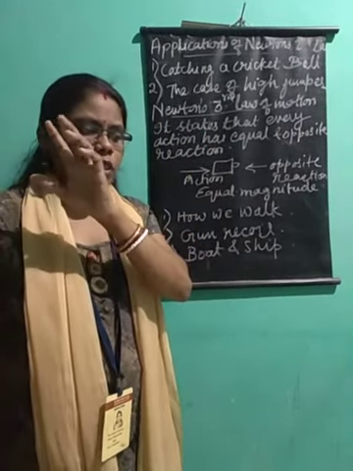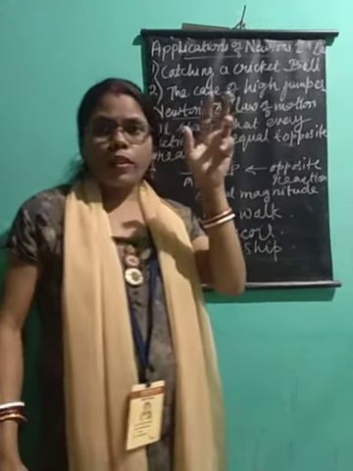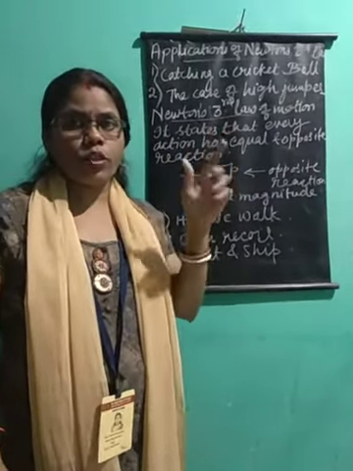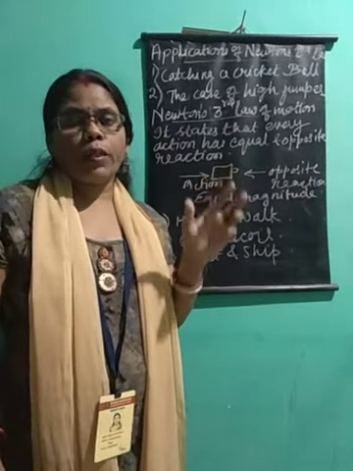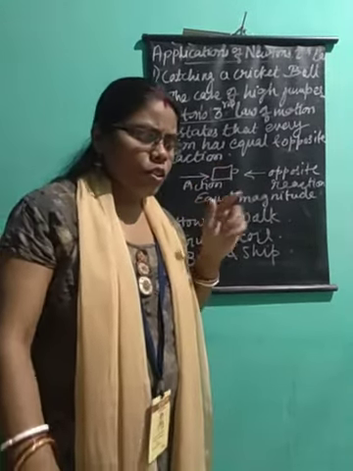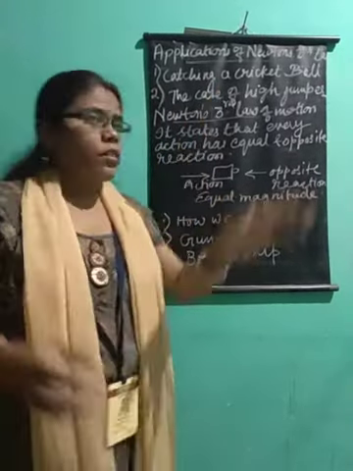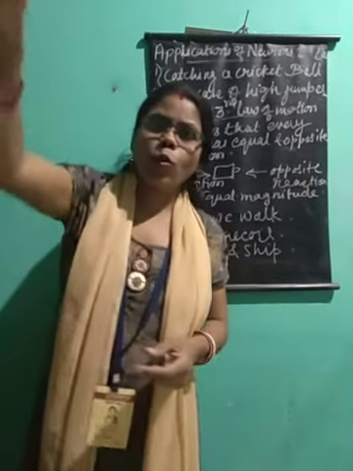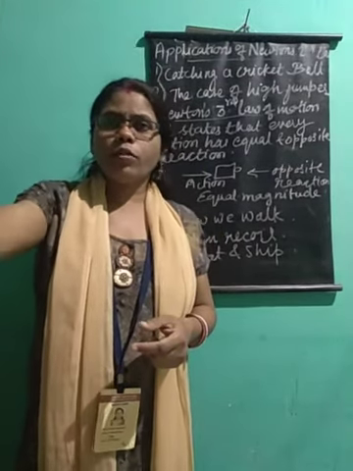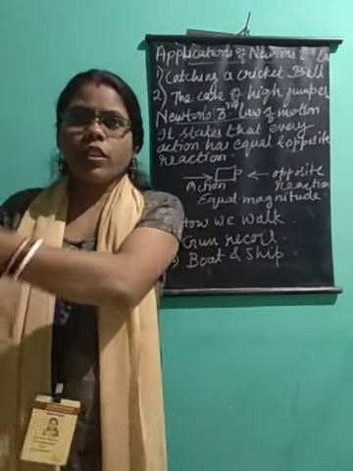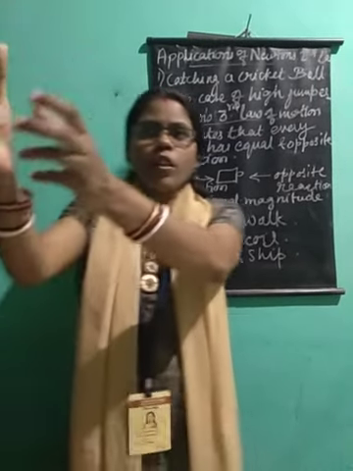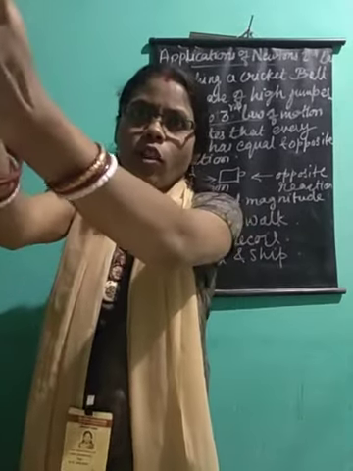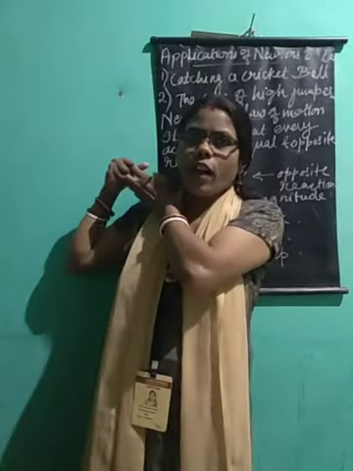You remember that? Okay. So the rate of change of momentum of a moving object depends on the applied force. Newton's second law of motion states that the rate of change of momentum of a moving object depends on the applied force. So just take for an example a cricket ball. When a cricket ball is thrown, how does the fielder catch it? When the ball is hit by the batsman, the ball is caught in this manner. Means when the ball is caught, it's not caught here. It's caught and slowly the hand is moved.